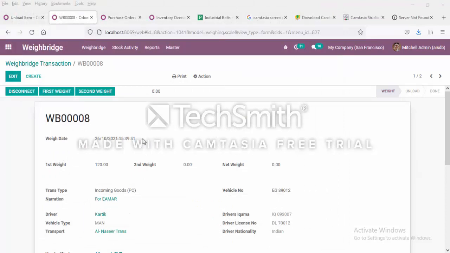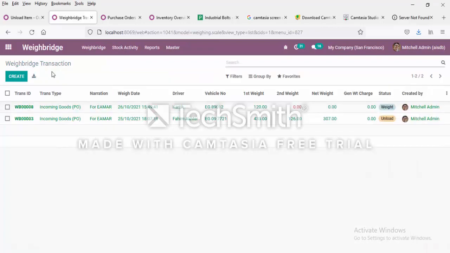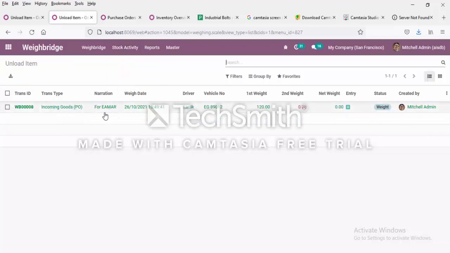So let's go to the next step, that is stock activity, right? In this menu there are two options for entry transaction: unload item and verify lot and serial. In unload item, you just unload the items of whatever you have just received in this transaction. So here you can see when I click it, it will show all